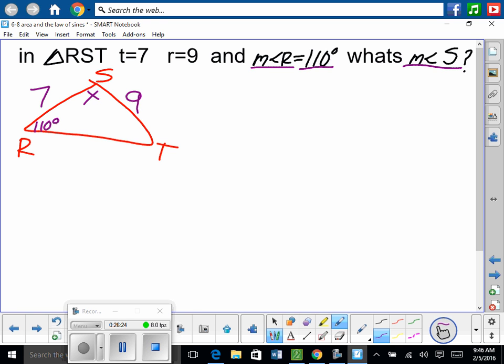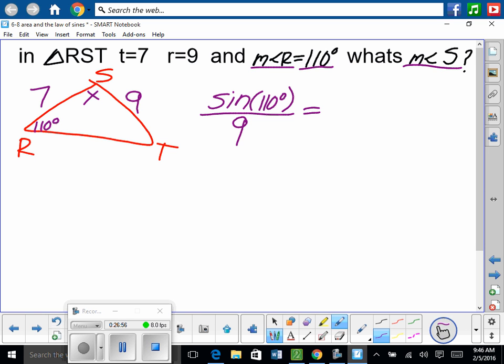So let's set up. Now I'm going to once again say, why can we use the law of sine? We have two sides and an obtuse angle, right? The obtuse angle can be across from any side, it doesn't matter. So we're good though. It is across from a side, right? So we can use the law of sine. So let's go ahead and do it. So we have sine of 110 degrees over the side across from it. That ratio will be equal to the sine of,